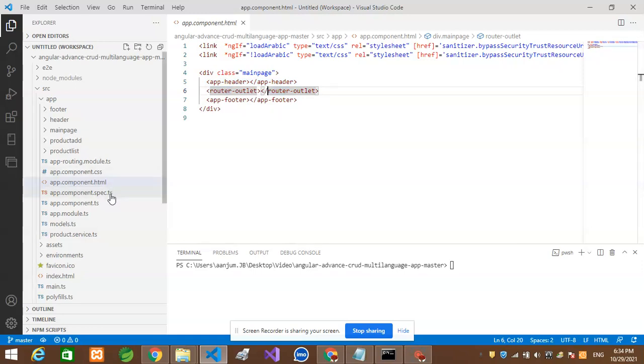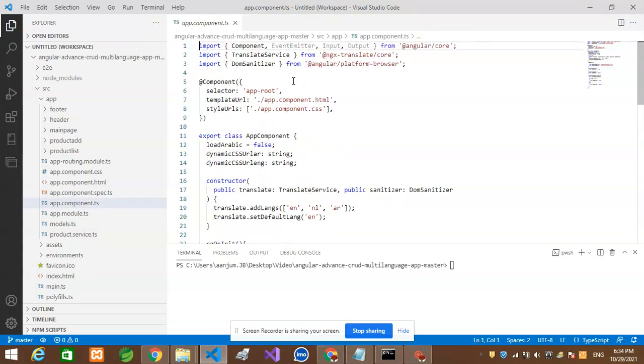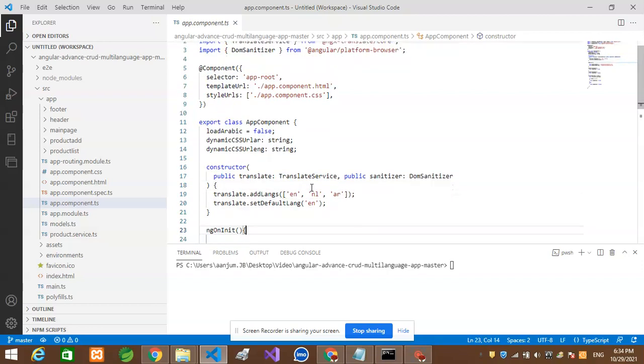Now go to app.component.ts. Just import the translate service here. First import it, and then through DI, dependency injection, inject this translate service into the constructor.